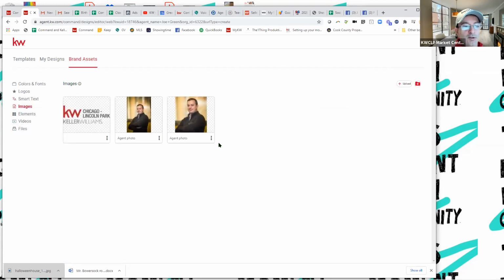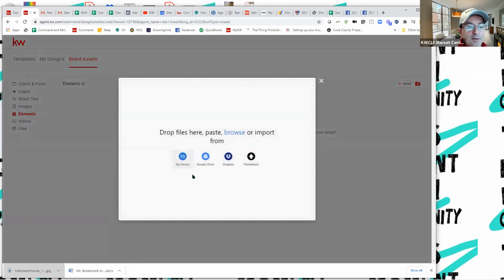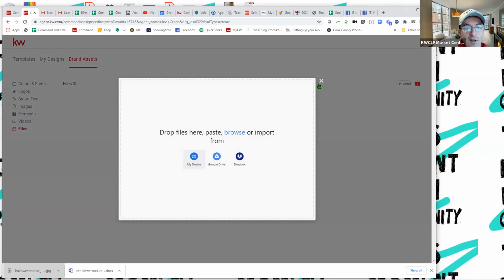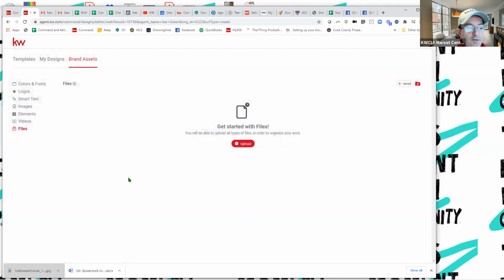Images, again, here's some stock images. They could be Chicago images, they could be your team images, saving all these things here. Let's see what Elements is. Elements, okay, I'm not sure what that is just yet, but let's see. Looks like it's just dropping some files in here. So if you wanted to save a file, I'm not going to do one of those there. If you have an image or a video, maybe you created a 30-second video spot of you talking about something, introducing your team, and then files is another thing that you could save here. All right, so once you saved all of those,